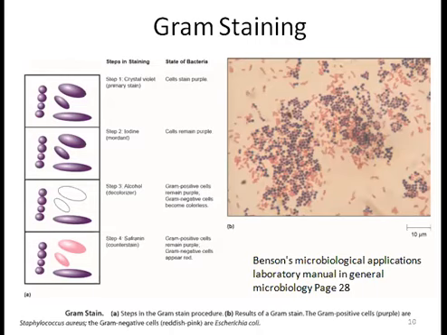Finally, the smear is counterstained with a simple basic dye, different in color from the crystal violet. Safranin is the most common counterstain. It colors the Gram-negative bacteria pink to red and leaves Gram-positive bacteria dark purple. Here you can see in this picture, some bacteria are pink and others are blue. The blue ones were stained with the crystal violet and retain the stain, and the other ones first lose the stain by the alcohol treatment, and then they gain the stain safranin and represent the Gram-negative bacteria.